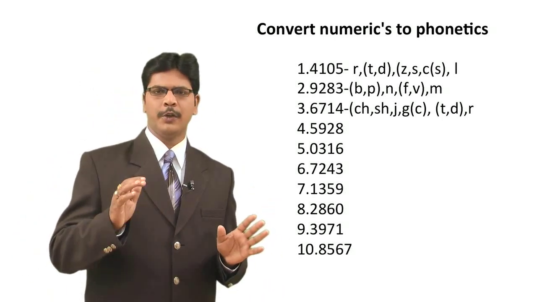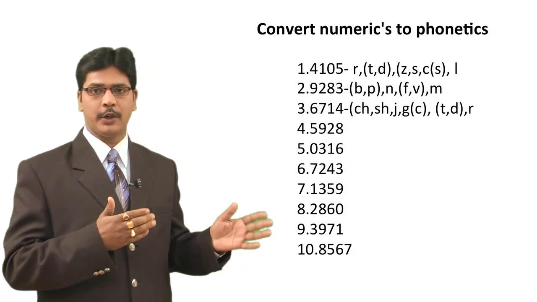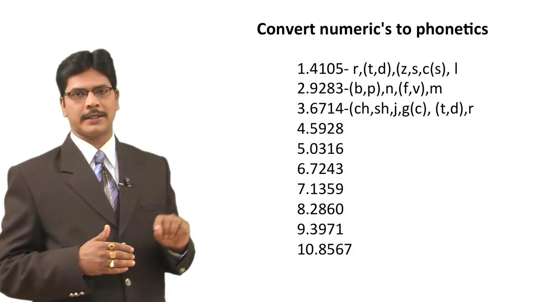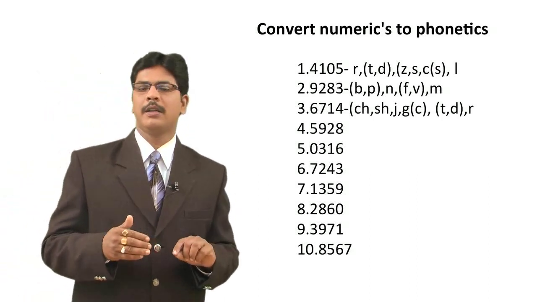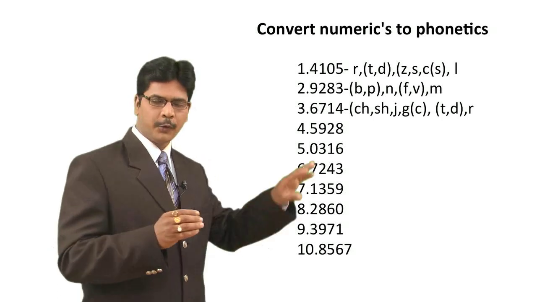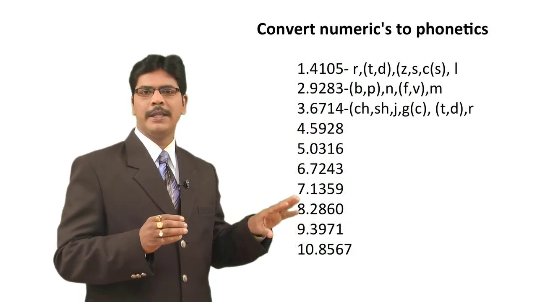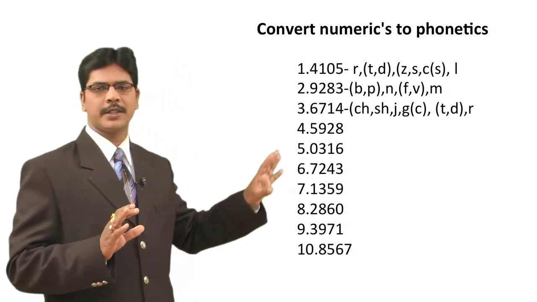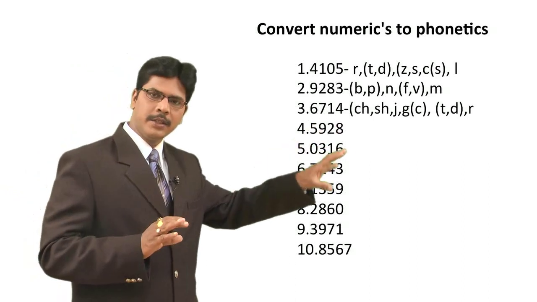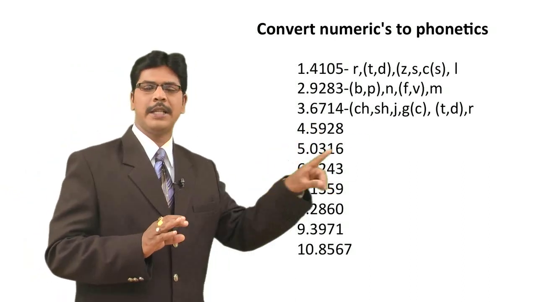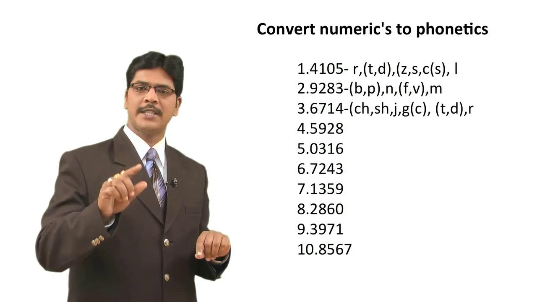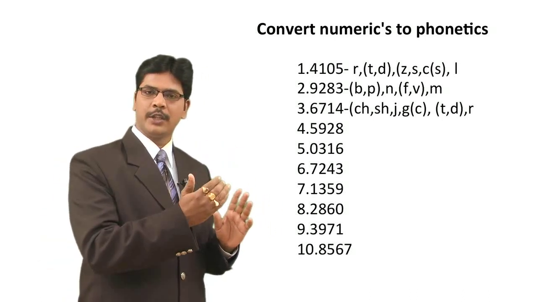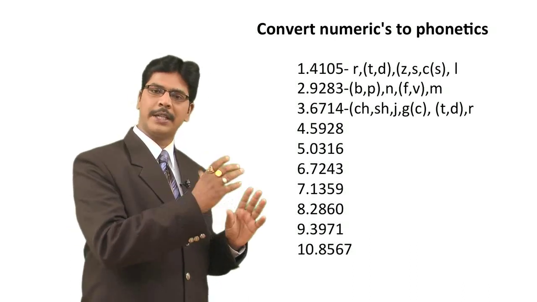Before we go any further in the application of these phonetic constants, for the next technique to come, we'll do one more exercise. But before that, let me explain something. If you have seen the phonetic constants, all these are meticulously planned by our ancients. You have seen that for certain numbers, they use certain letters only. For example, for number 1 they use T and D. For number 6 they use CH, SH, J. For number 8 F and V, for 7 K and G, for number 9 B and P, for 0 Z, S, C soft.